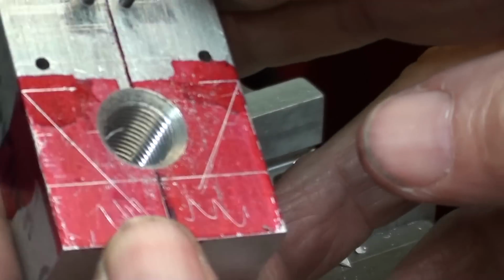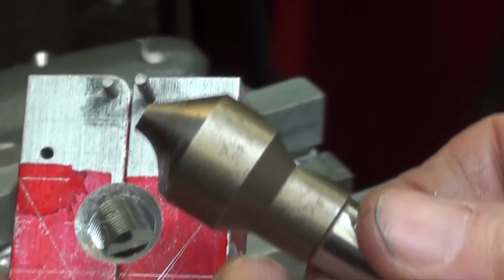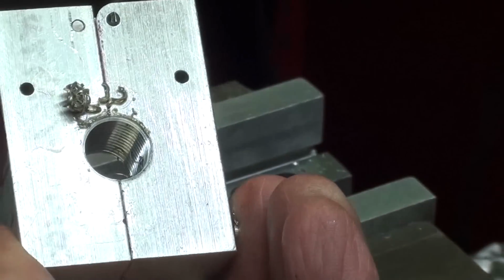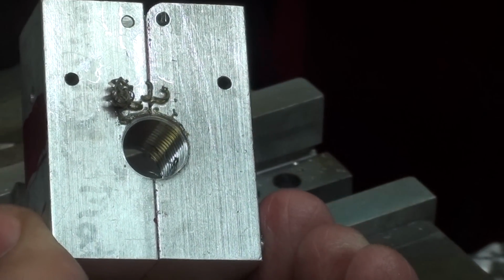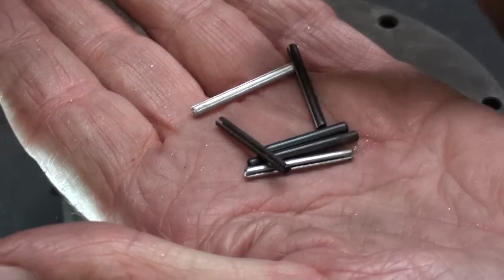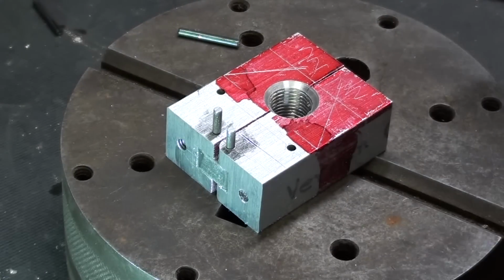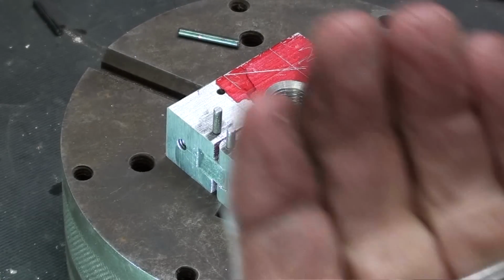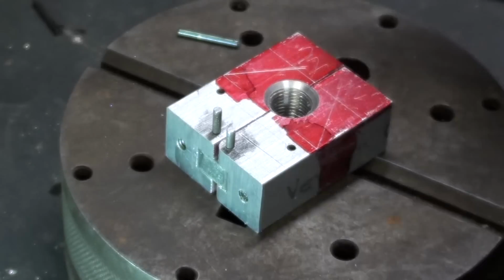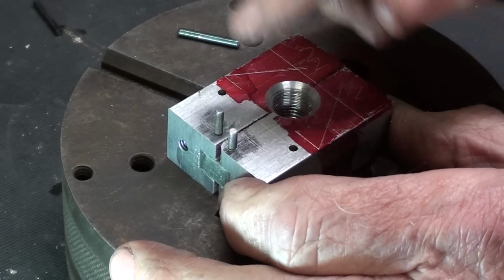Looks pretty good. I'll go over to the drill press and use the countersink on the other side, off camera, of course, and see you at the bench. I know that earlier I said that I was not going to use roll pins, spring pins, tension pins. I was just going to use the steel rod, but I changed my mind since I've been able to find 8 of those here. So I'll just a